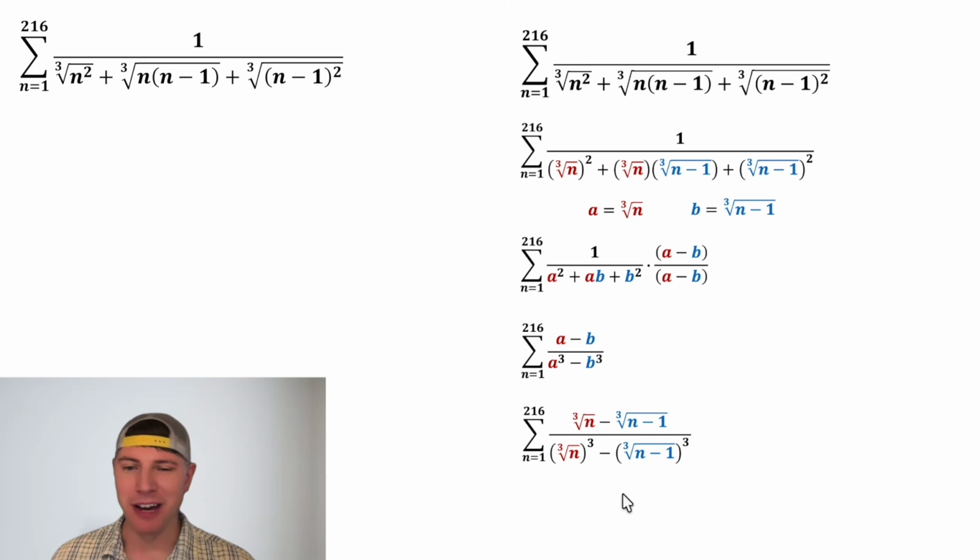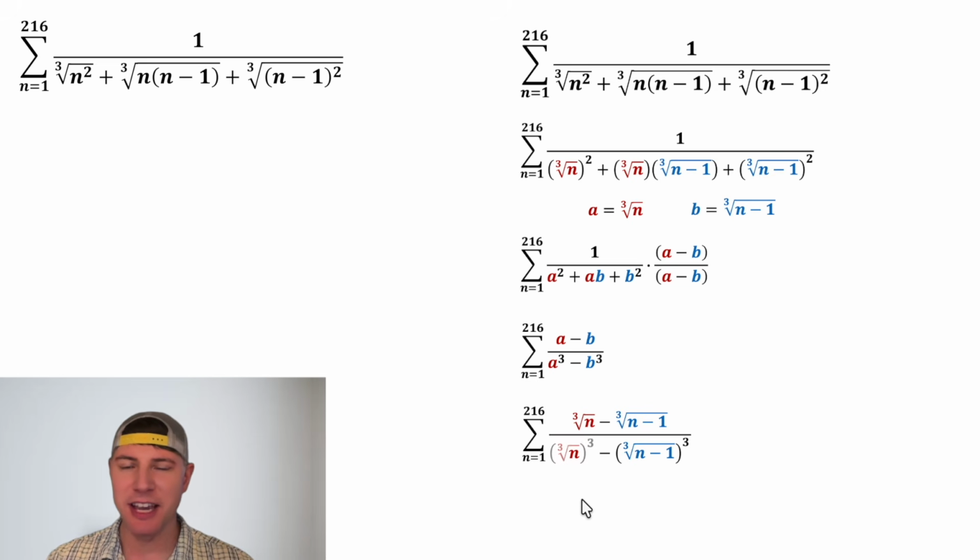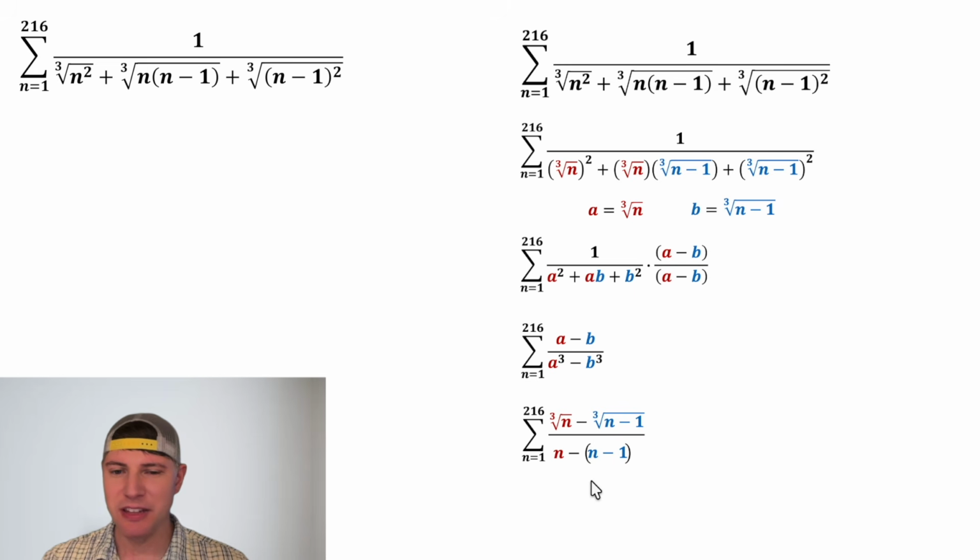Now we can clean up the bottom. The cube root of n cubed, this cube root and this cube can cancel each other out, leaving us with n. And then for this one, this cube root and this cube will also cancel each other out, leaving us with n minus 1. Let's smush everything together and distribute this negative to each of these, giving us negative n plus 1. This positive n and this negative n will cancel each other out, leaving us with 1 in the